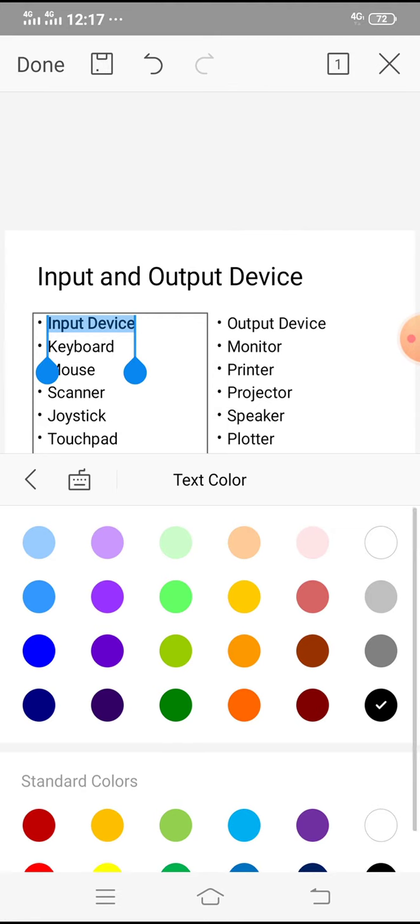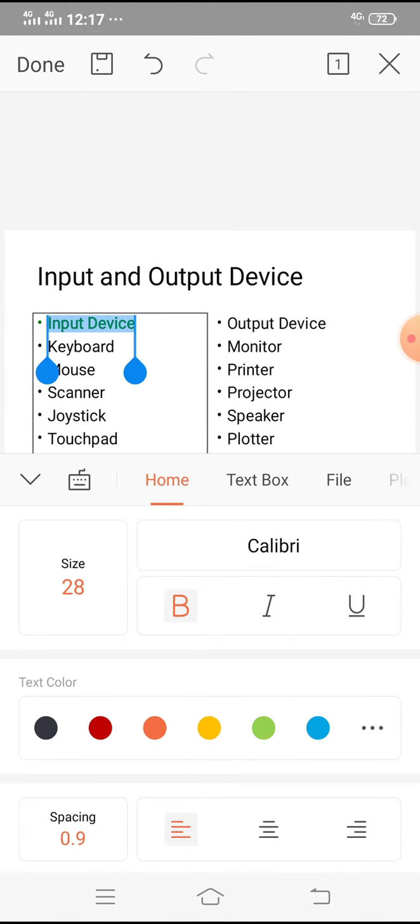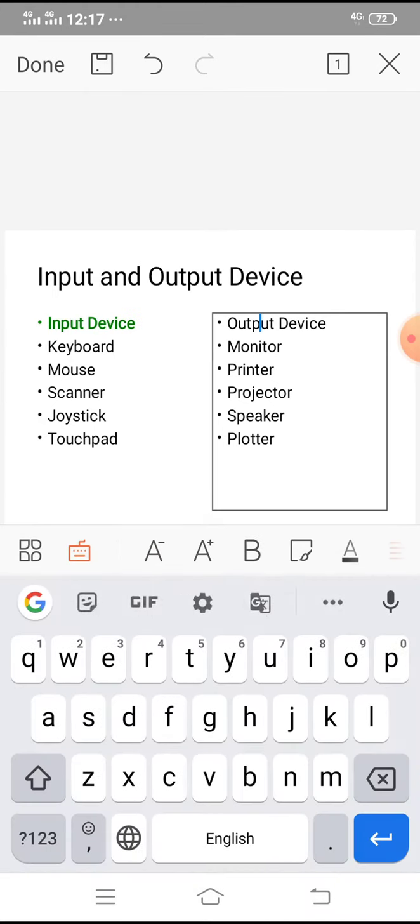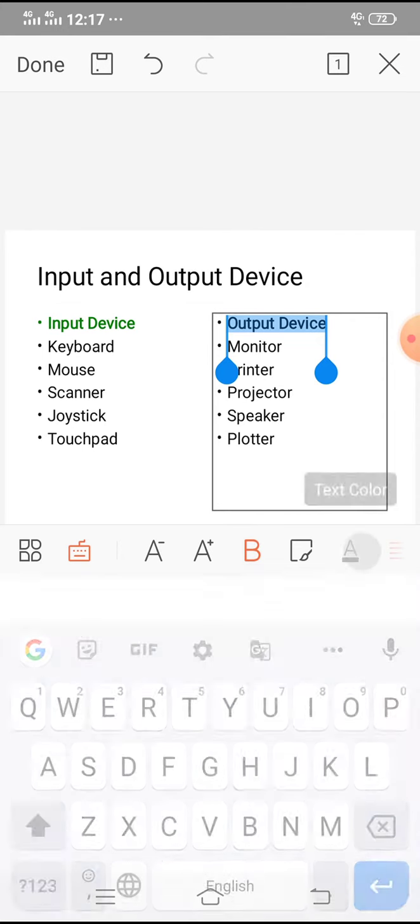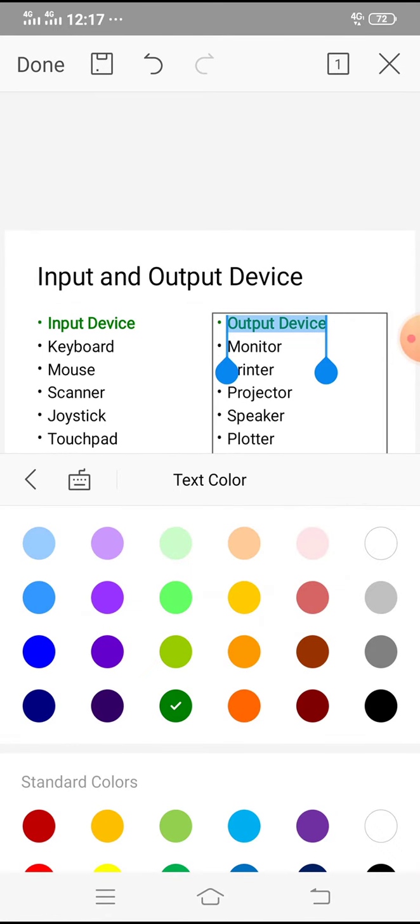See, you can see different text colors here. You can select any one from here. Now the same for output device. Select the name output device, apply bold effect and then apply color.